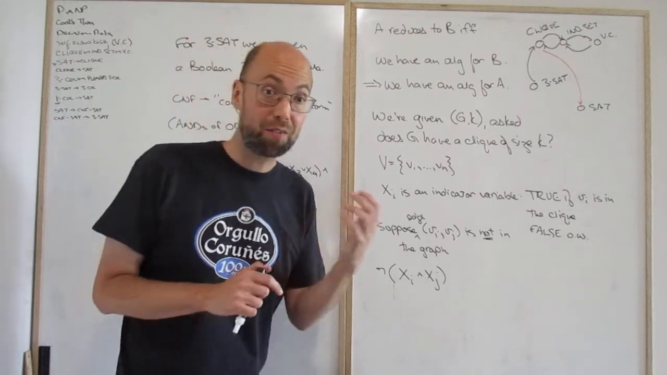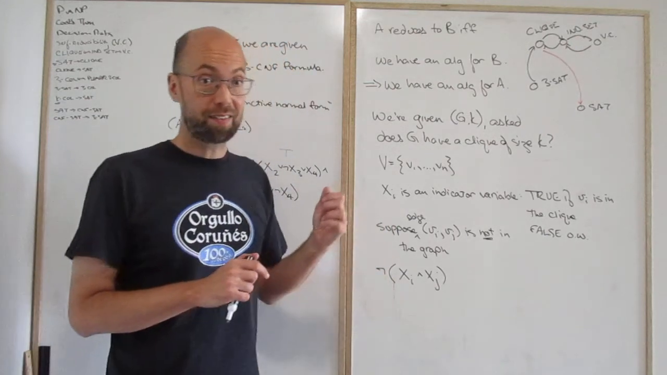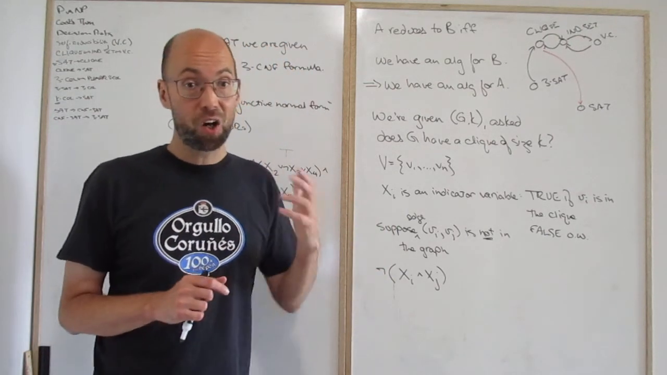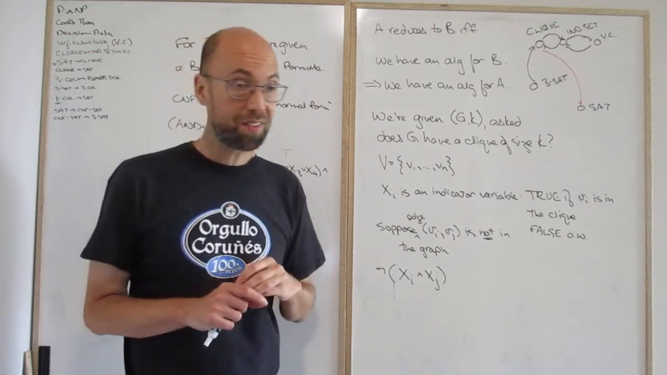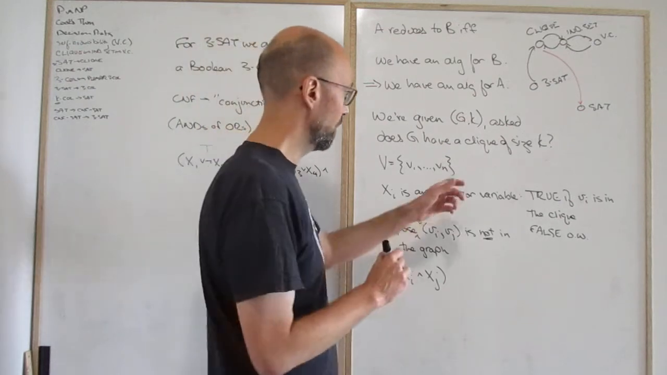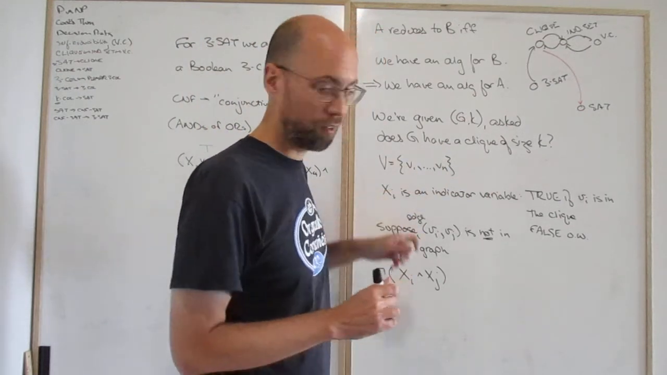And then you have to write a formula that says you need a clique of at least size k. So you want to somehow say that if you sum up all of these x_i's,